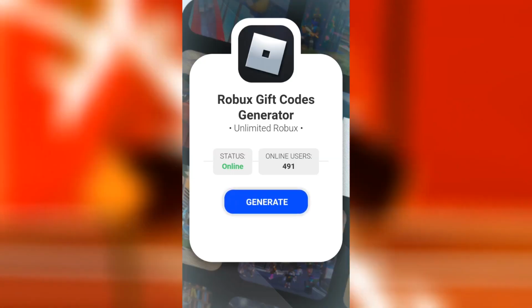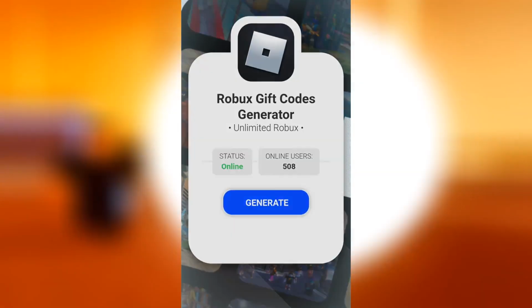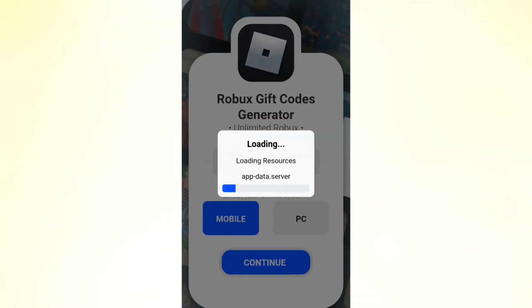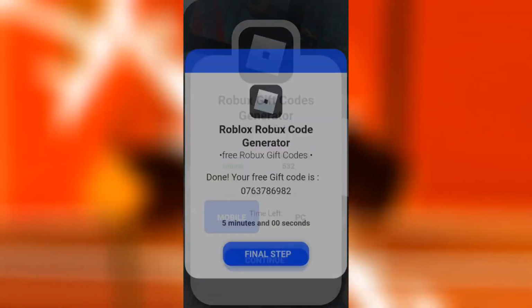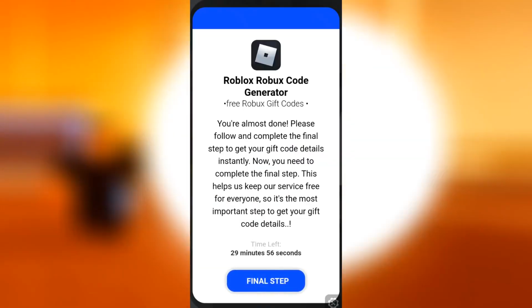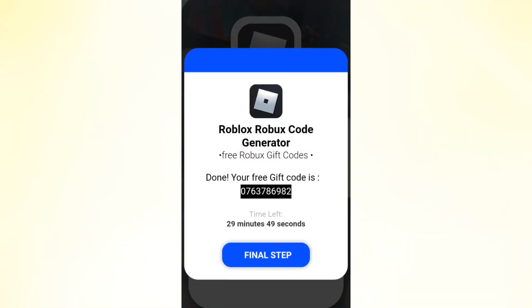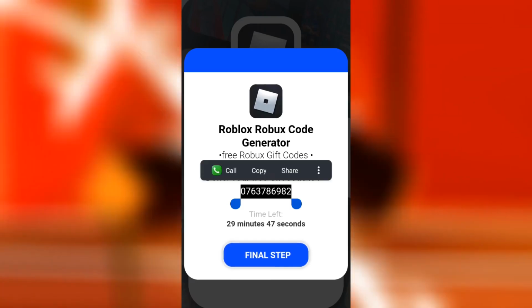So what we're going to do is click Start Generate. After that, click Start. Now choose your device, and after that, click Continue. And wait until it generates your code. Now you need to complete the final step to get your free code. After completing the final step, you should see this message that your free Roblox Robux gift code has been generated